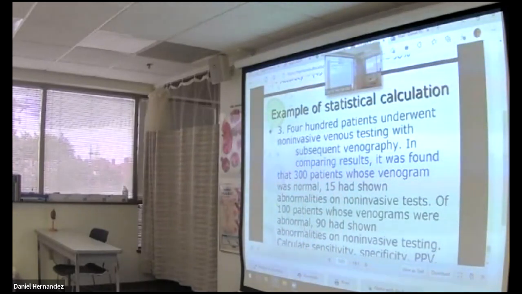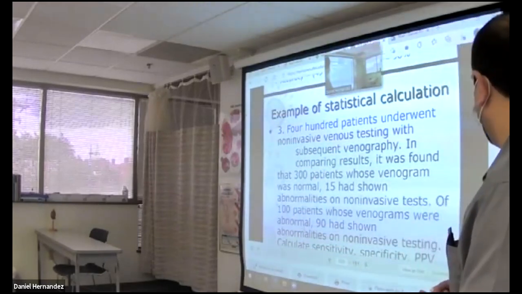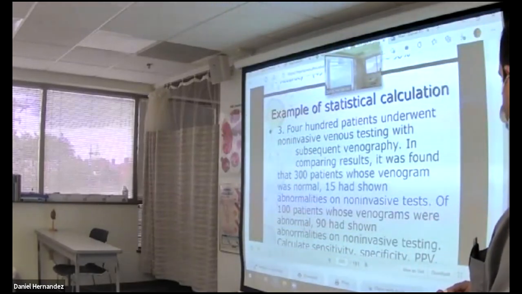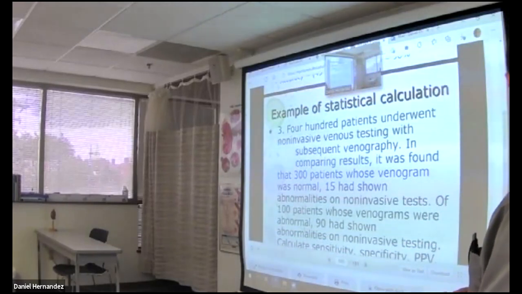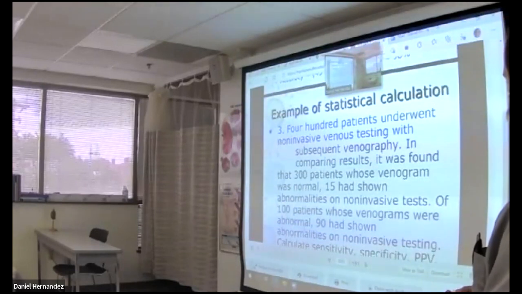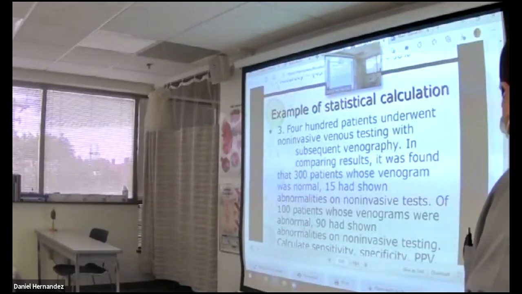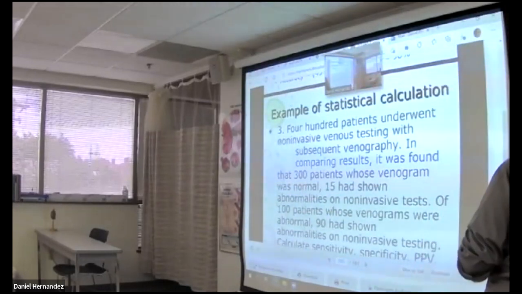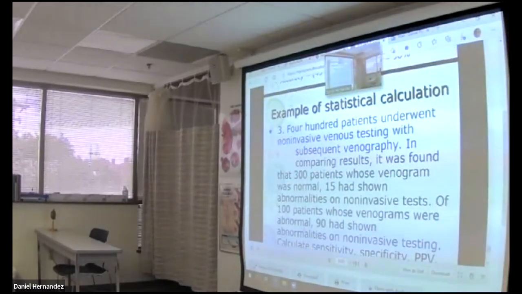So of that 300, 285 were true negatives. I just understand that's 50 from 15 is 10. False positive. 15 false positive because they have abnormal results that are still normal, but should have been normal. False positive. Yes, false positive. So they actually